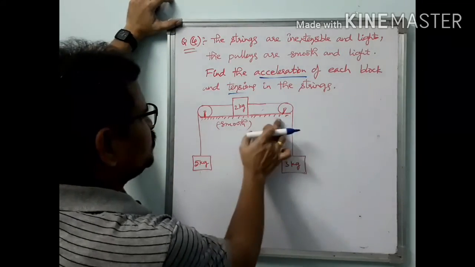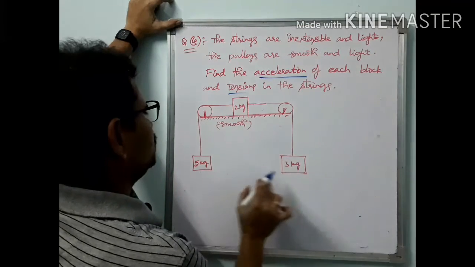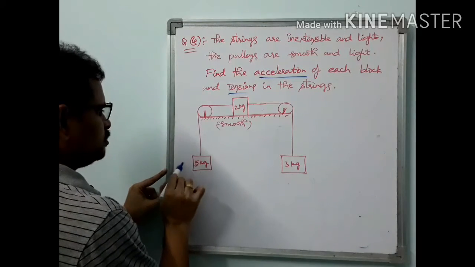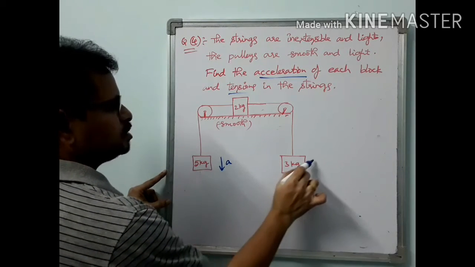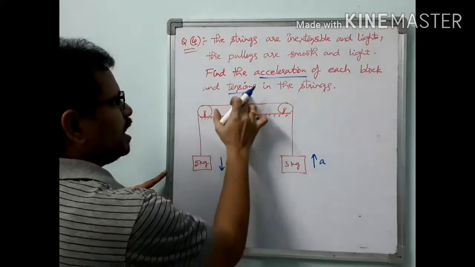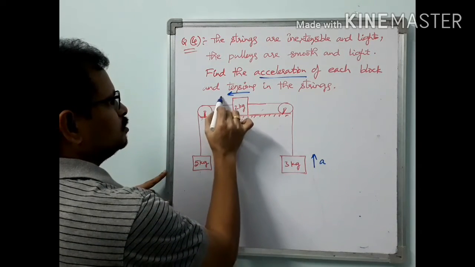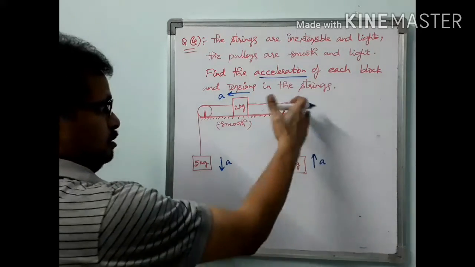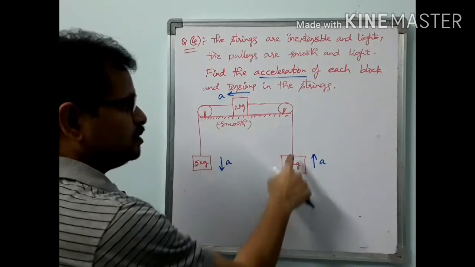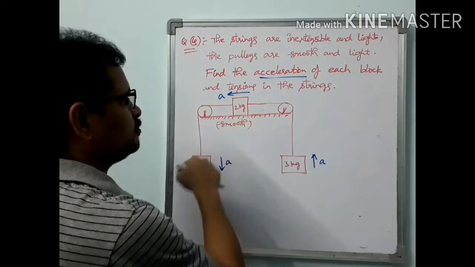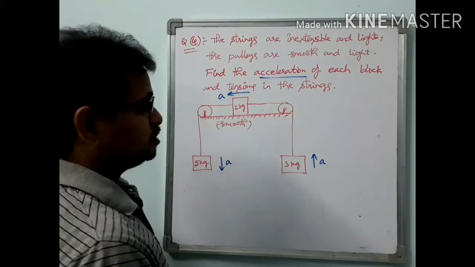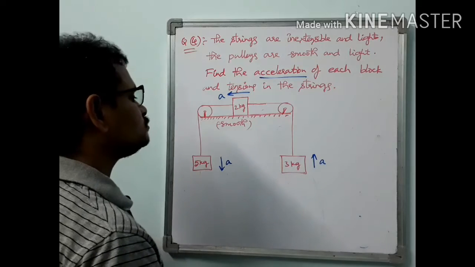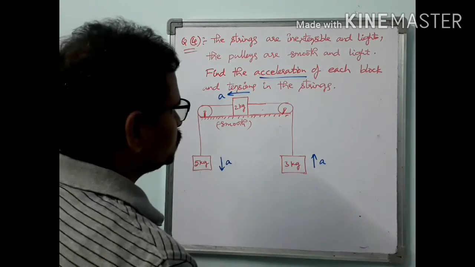So now this is a smooth surface, with 2 fixed pulleys here. The masses are 3 kg, 5 kg, 3 kg, 2 kg, 5 kg. So this one moves down with acceleration A, this one moves up with acceleration A, and the 2 kg block moves with acceleration like this. So their acceleration is a common acceleration because the length of this rope is fixed, and the length of this rope is fixed. They are constrained in such a way that they have a common acceleration here, right?